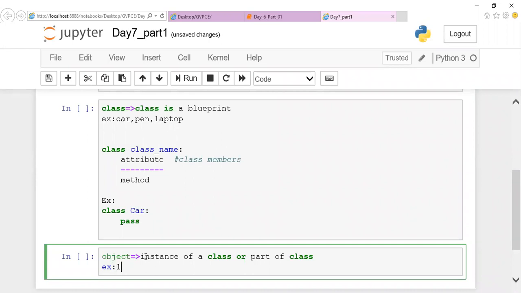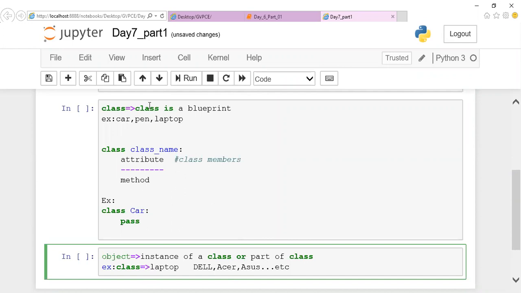For example, let us take my class name is Laptop. So under Laptop, we have different brands of laptop, isn't it? We have Dell, Acer, Mac, Asus. Lot of brands are there, right? When I'm going with the specific features, then it is called an object. It is a part of a class which belongs to this class family.